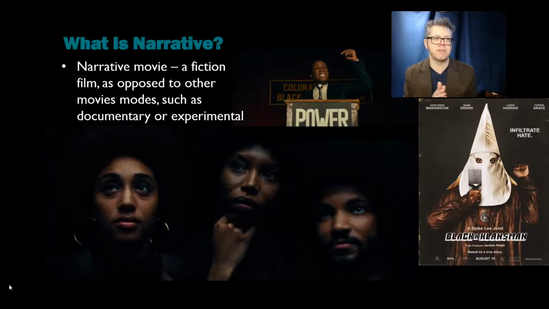Now, when we talk about a narrative film in regards to the way that your textbook defines them, we've got this opposition to documentary and experimental modes. But as we saw last week with The Shape of Water, a film can dip into the toolbox of experimental film. And I think that BlacKkKlansman does at a few points, but it is primarily narrative. But I wanted to highlight just a few of these